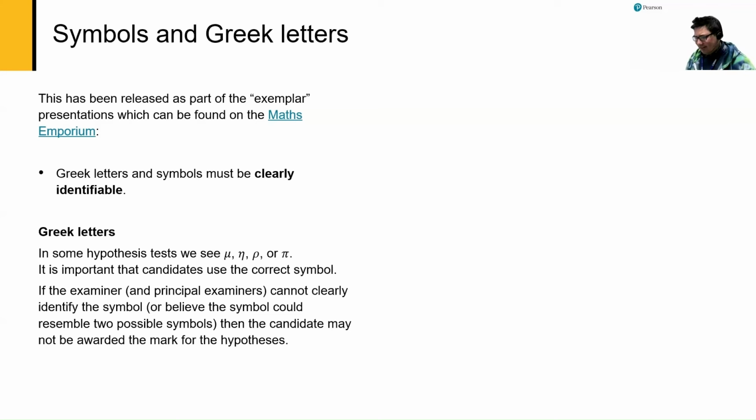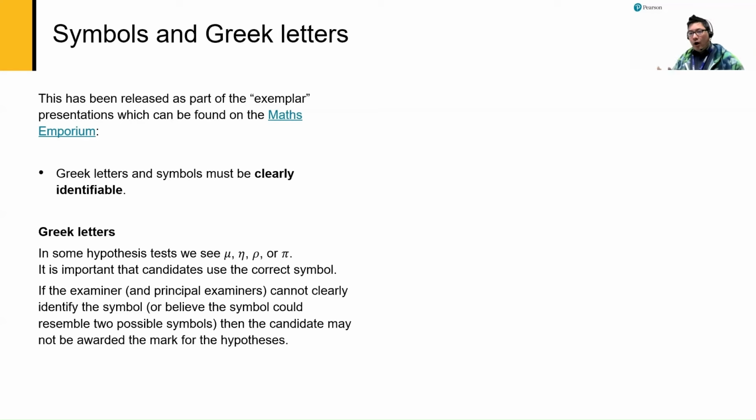We use a lot of Greek letters in A-level statistics. We use mu, eta, rho, pi. It's important that candidates use the correct symbol. If the examiners and the principal examiners cannot clearly identify the symbol, or they think that symbol could potentially be one or the other,